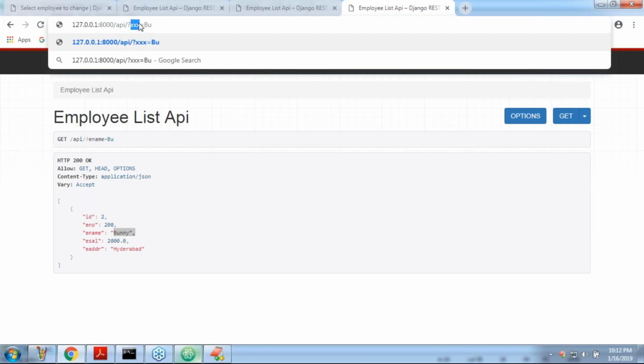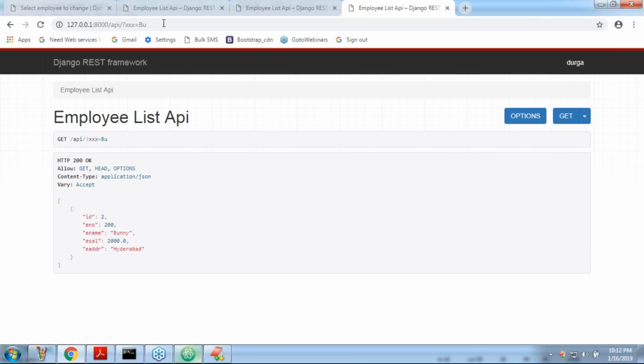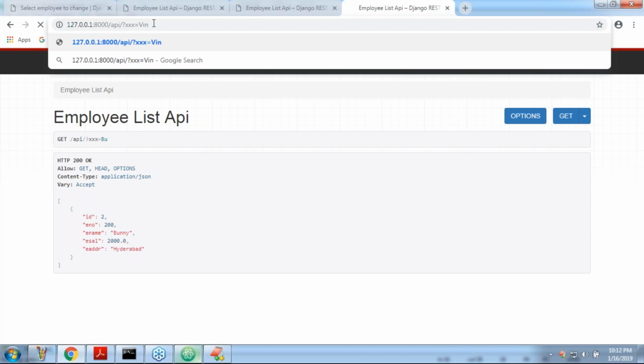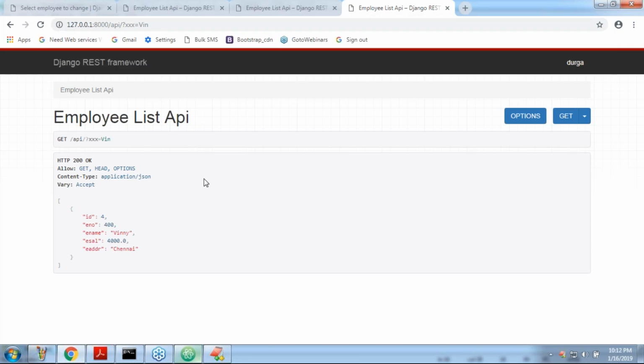If you don't want to highlight your employee table fields, no problem, you can use XXX. He doesn't know what that XXX is. Now also it will work, sir. Don't worry, definitely it's going to work. XXX is equal to some value. Winning information is now going to come. Clear?